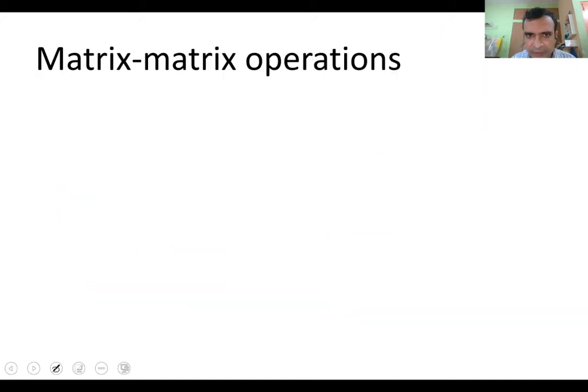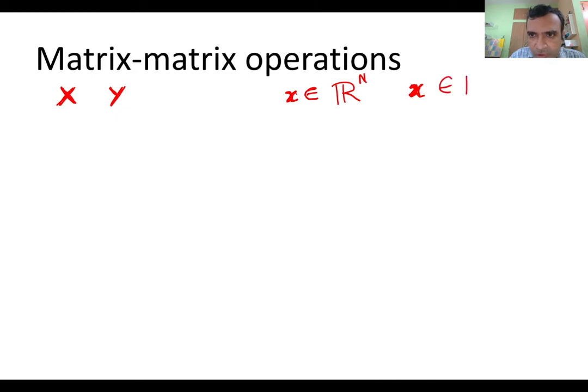Now let's talk about matrix operations. First of all, how do we define matrices? We will use a capital letter, for example X matrix, and we will make it bold. So let's say we have X and Y. These are two matrices. What are matrices? These are generalizations over vectors. You expand the dimension of the vectors. So if you had a vector, let's say capital X, that belonged to R to the power n, another way to write this is that X is a matrix but it has only one column, so it belongs to R to the power n cross 1. So these are vectors.